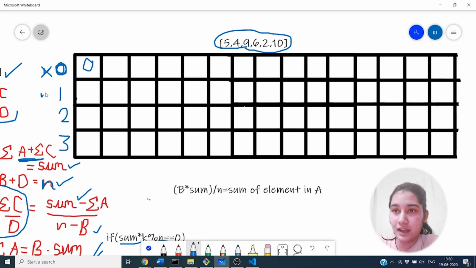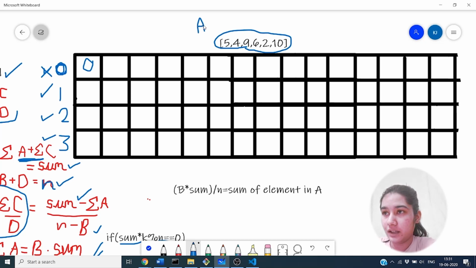Then let's say A has 1 element, then 2 elements, and 3 elements. Now we are dividing the given array into A and C. So let's say the array A has 1 element.